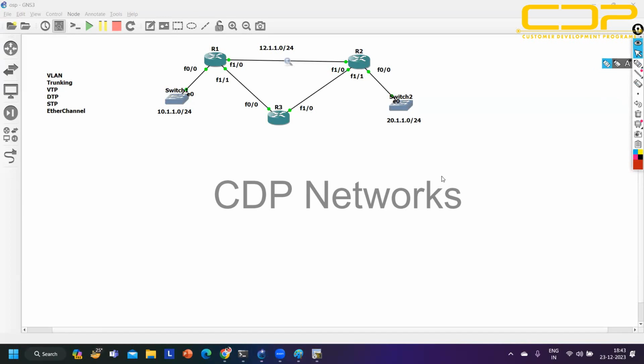What is the purpose of loopback? Loopback is just a logical interface on a router. We can create it, and it is actually used for self-testing, for testing purposes. Let's say I am on router number 2, or the one router is connected with router number 2, that is router 4. From router number 4, we are not allowed to ping this IP address or